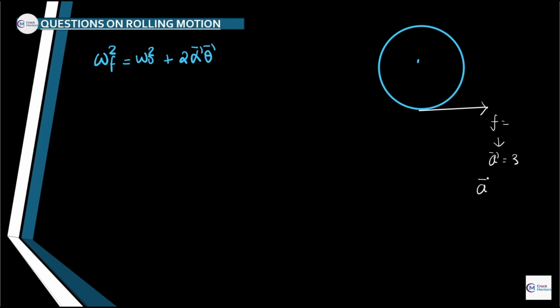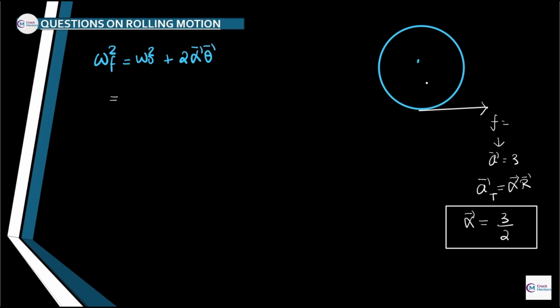Okay, and the acceleration is nothing but it is equal to alpha r. Tangential acceleration is nothing but it is equal to alpha r, and after solving this, the alpha value will be 3 upon what is the radius of this. Radius is nothing but it is 2. Okay, then this is the value of alpha that we got. Okay, what is the omega naught that we are having?